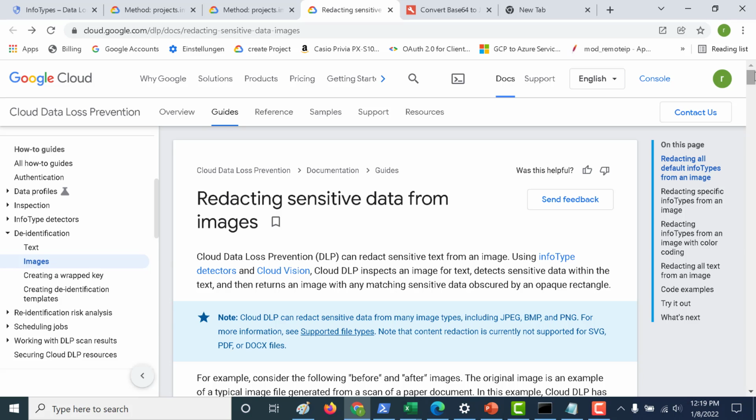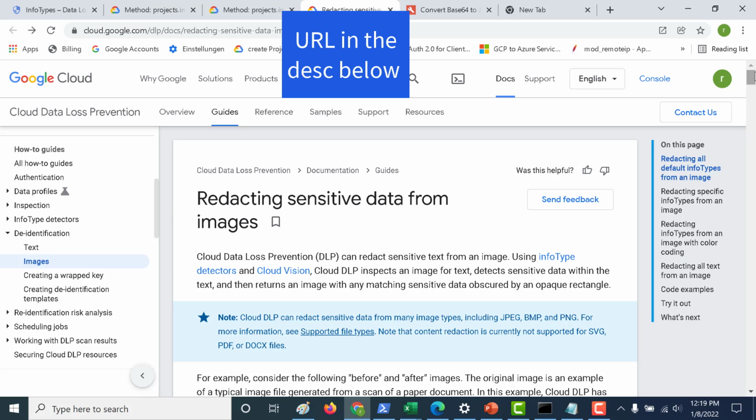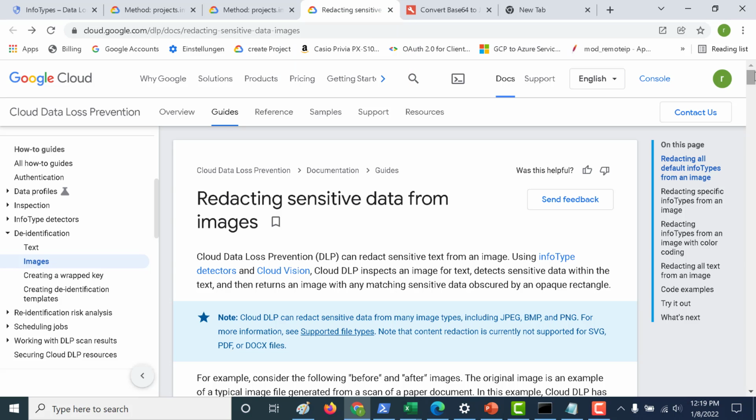Okay, so in our previous chapter, we had seen how you can use DLP to cover up some sensitive information from your text file. It could either be a text file or even a CSV file. Now you can do the same with an image as well. In this example, I'll take an Indian PAN card and try to hide sensitive information of that PAN card. So let's see how we can do that.